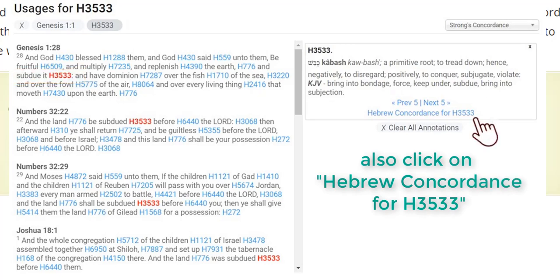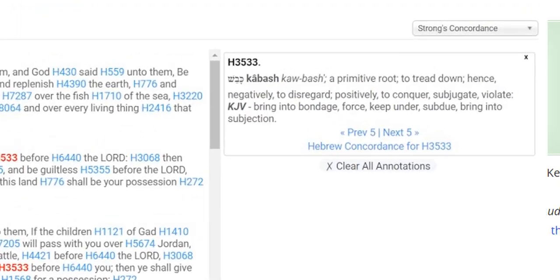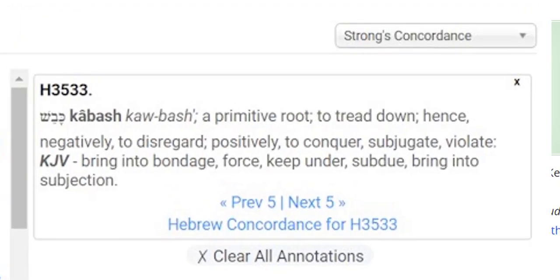All the Bible verses with H3533 will display in the left column. You can study the full meaning of subdue. Here's the Strong's entry for subdue,